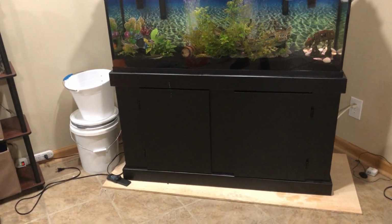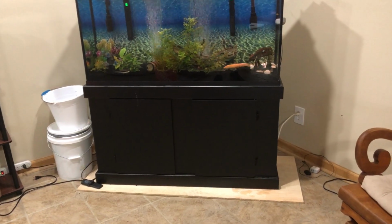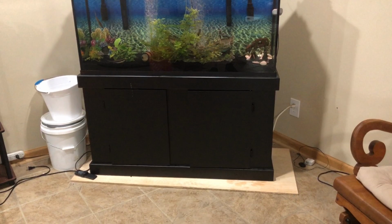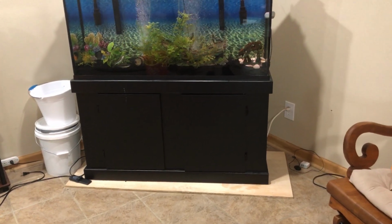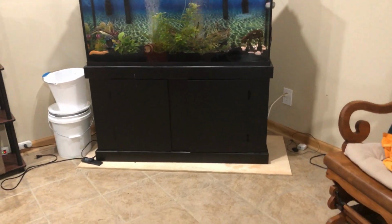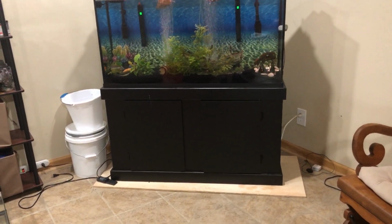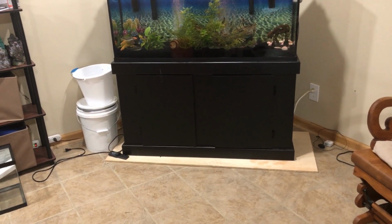If you do already have the stand, by all means, I don't think you necessarily need to worry about it if you're not having issues with it currently. Like I said, I don't think I would have had any issues if we did not move. So if you do have it and it's working, that's great. I don't think there's anything integrally wrong with the stand that you'd have to worry about. But if you are shopping for a larger tank setup, and you think you might be in a situation that requires a more sturdy tank stand, then that might be something to consider,